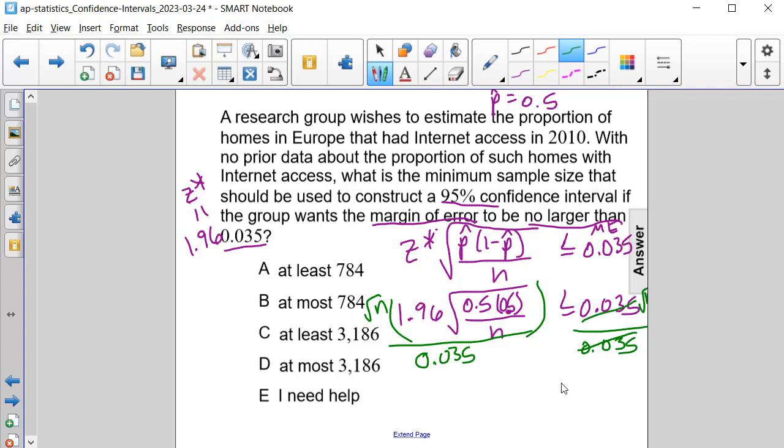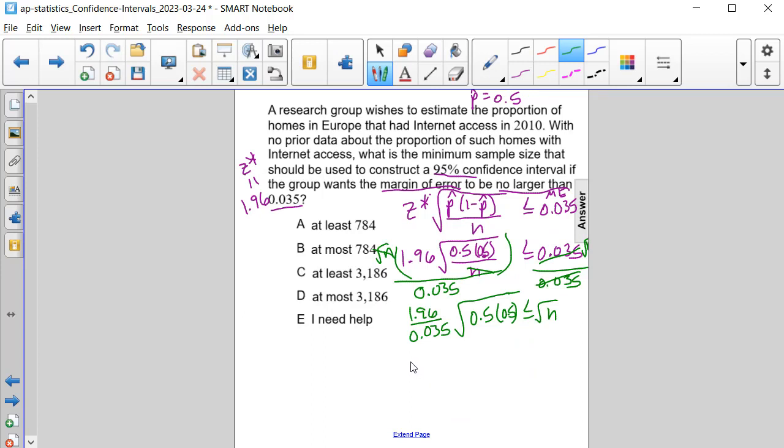So these will cancel out, and we will have that the square root of n is on the right-hand side of our inequality, and on the other side, we are going to have 1.96 divided by 35 thousandths times the square root of 5/10 times 5/10. Well, 5/10 times 5/10 is 5/10 squared, and I can take the square root of that, which will give me 5/10 also. So we have 1.96 divided by